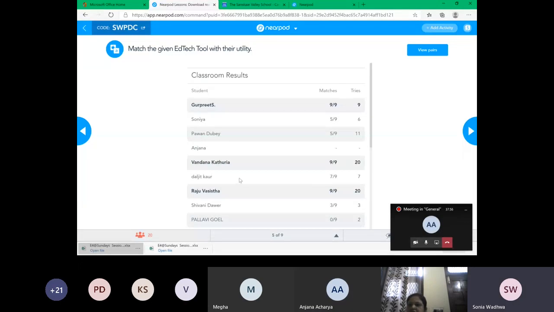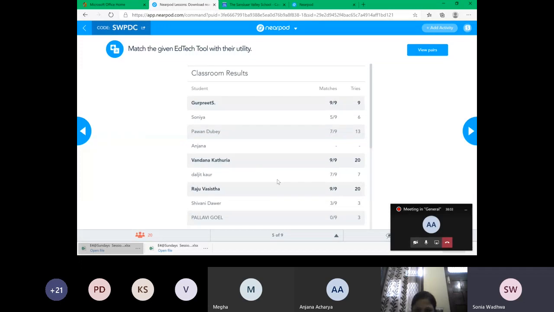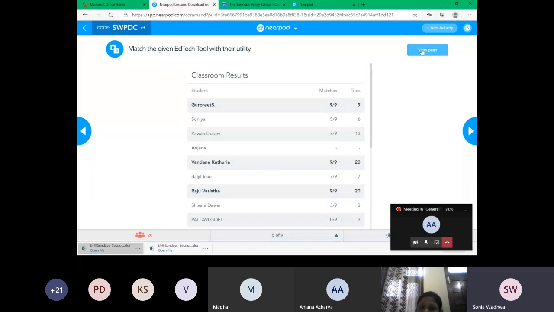Okay. For example, if you click on Kahoot's icon and then click on its matching description, formative assessment, you have to click first the icon and then its description. Then it will show the pair match is correct.